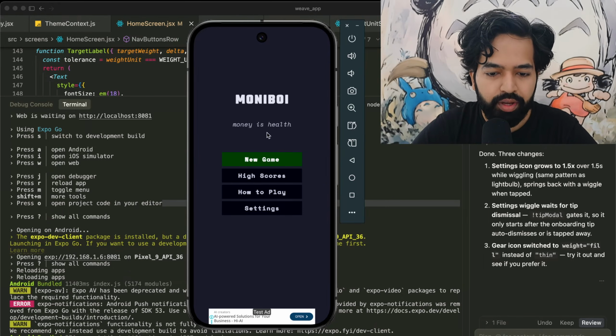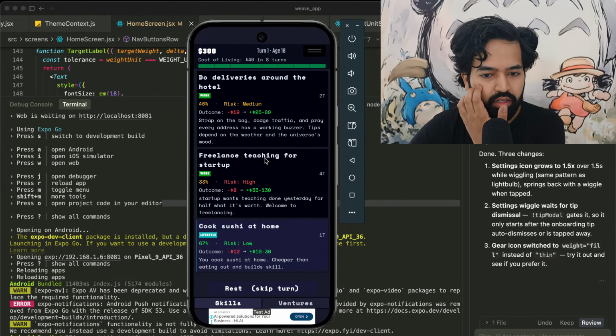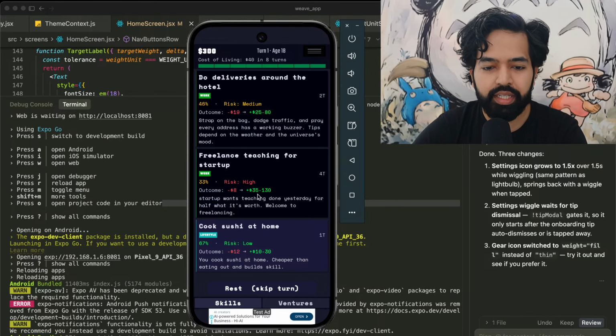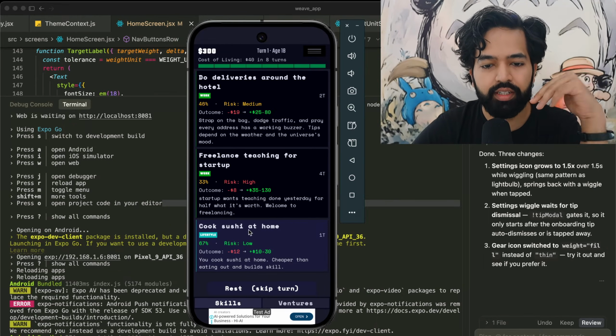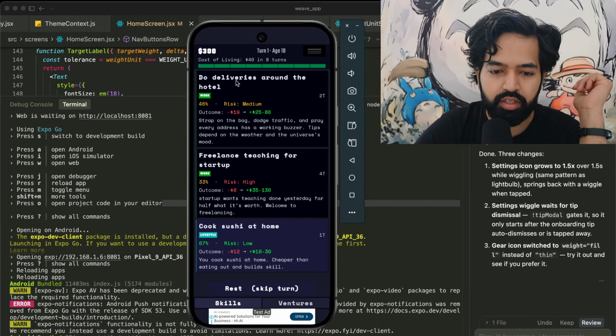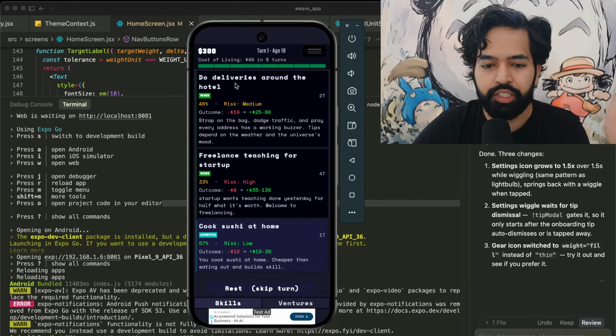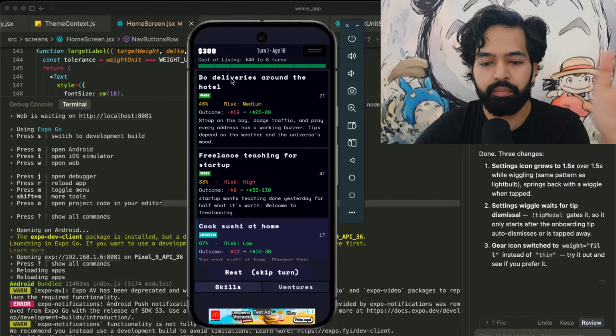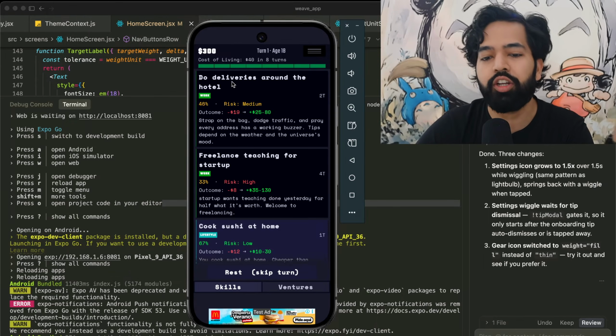Money Boy, money is health, new game. Standard menu, doesn't look good, doesn't look bad. It's a new game. Okay. Again, same thing, this looks very cluttered, but at least it has a clear vertical hierarchy. To me it looks clearly like I read from top to bottom, so my eyes still go clearly and it's easy to read. Not saying it looks nice, but maybe because it's a video game and I like complex video games